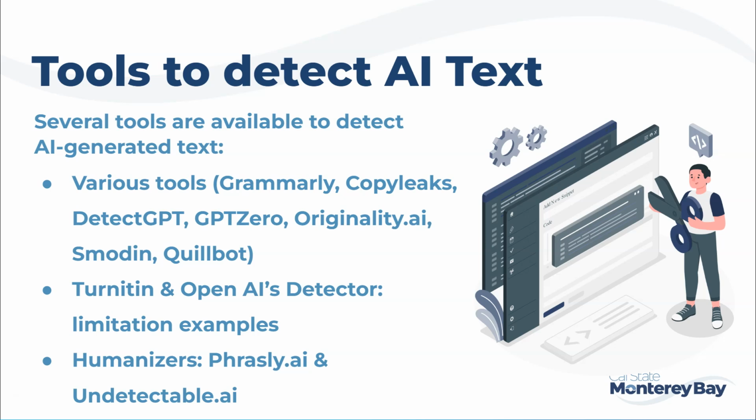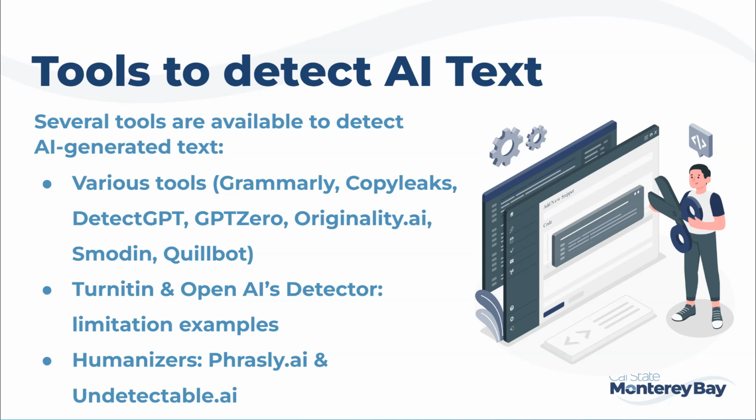Another one of the more well-known tools is Turnitin. It's worth noting that when Turnitin released their AI detection tool, they estimated a false positive rate of about 1%. But within a few months, they updated that to be closer to 8% for false positives. And this is a premium tool. Many institutions already have a Turnitin license, so you might just have access to it through your institution. But again, I use this more as a cautionary tale.